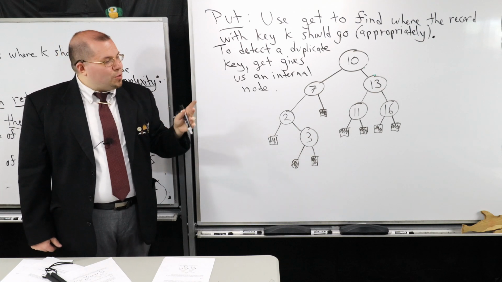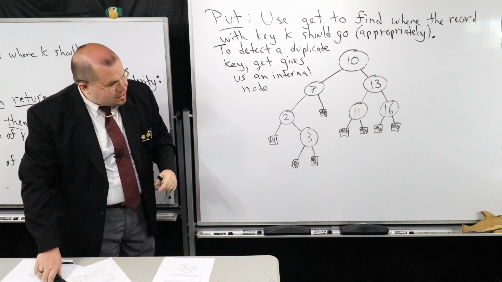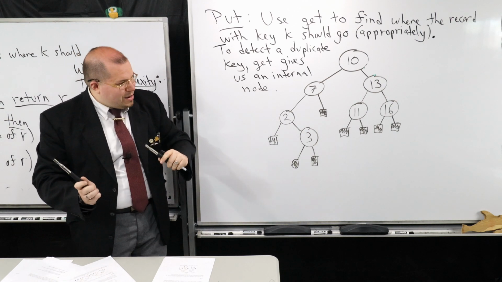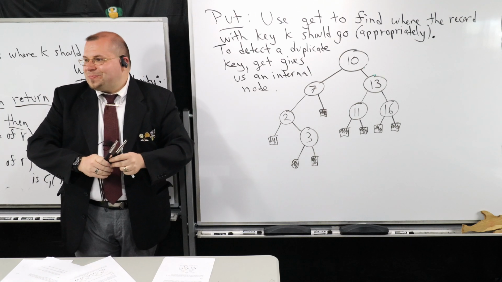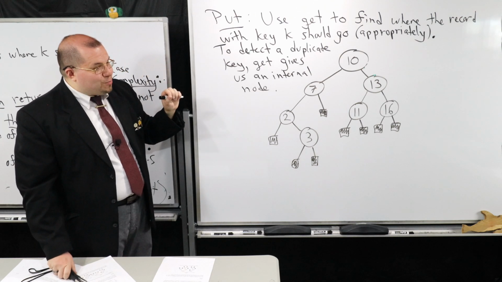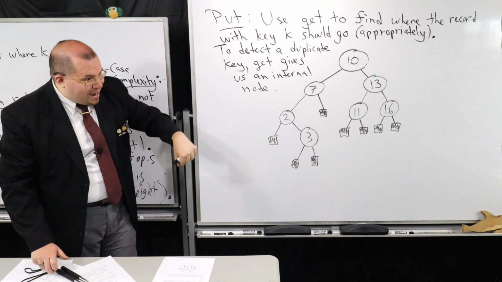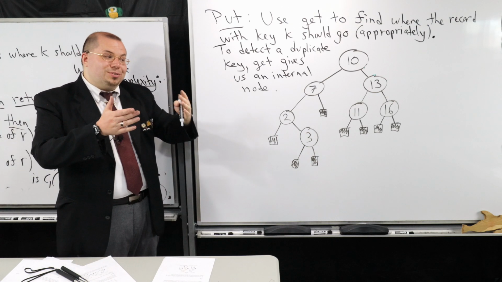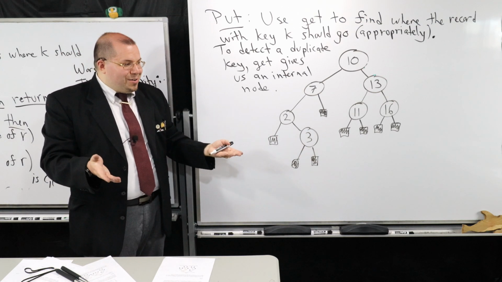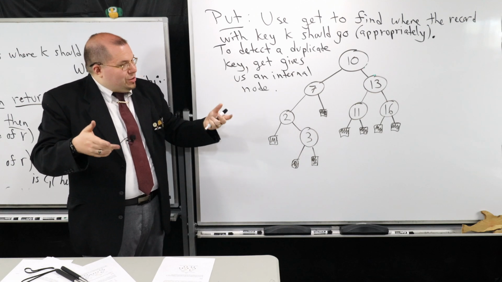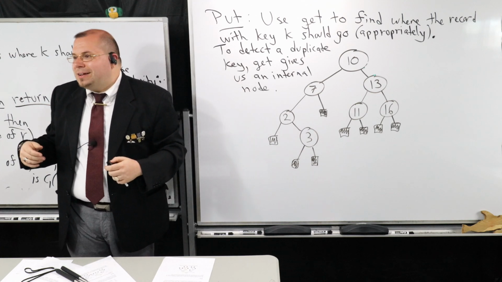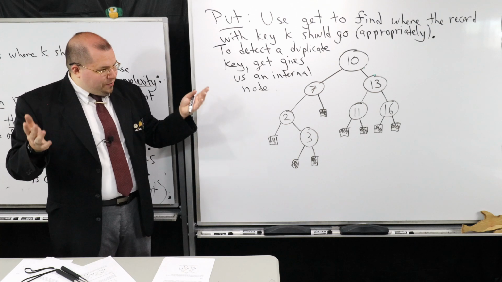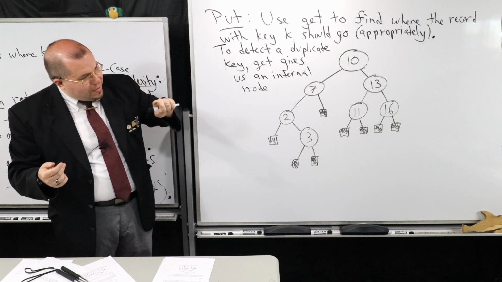Yeah, so it means that we're going to work our way down the tree just like we did before, where we're going to play this game of left or right. And when we find a leaf node, we're going to put our data inside of this leaf node. Then we're going to create 2 leaf nodes for this node to give it security to ensure it's still a binary search tree, right? Because remember, a binary search tree in our definition,